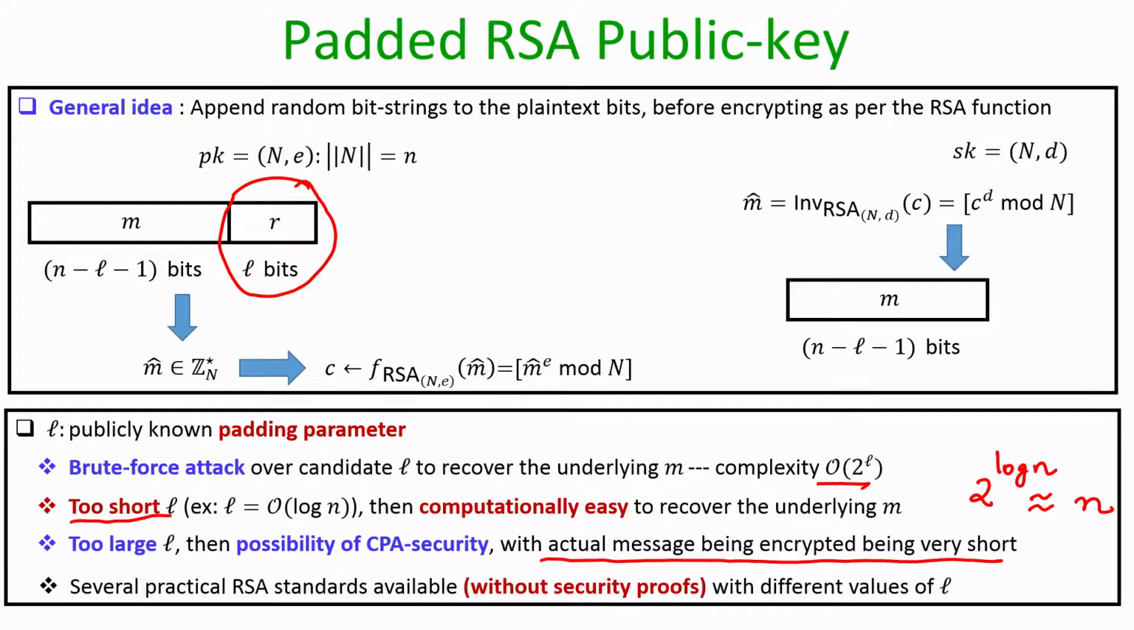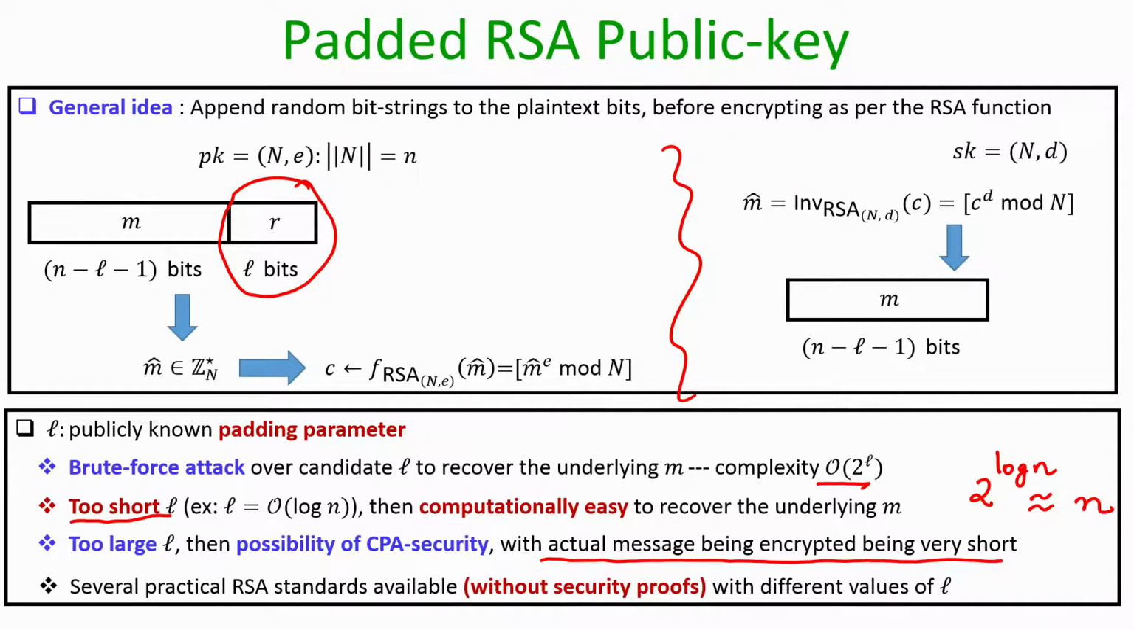So, we have a kind of trade off here, and it turns out that there are several practical RSA standards available in the literature with different values of l, but unfortunately most of them do not have any kind of security proofs. However, we will use this blueprint and we will later return to the CCA secure versions